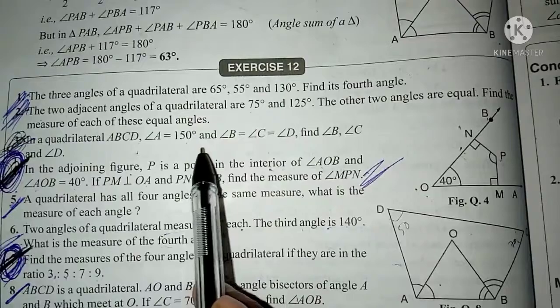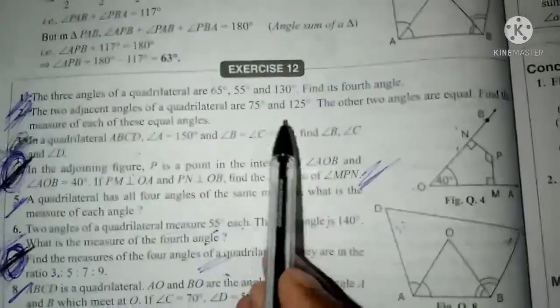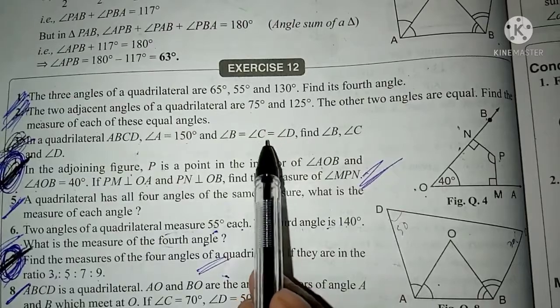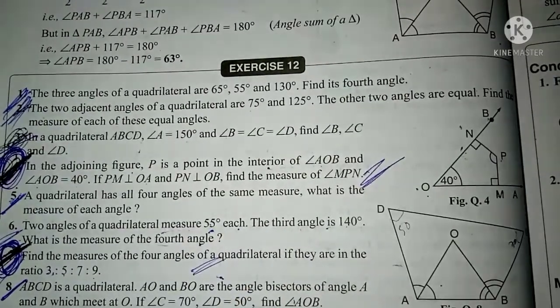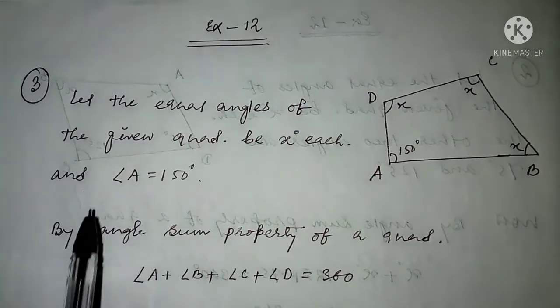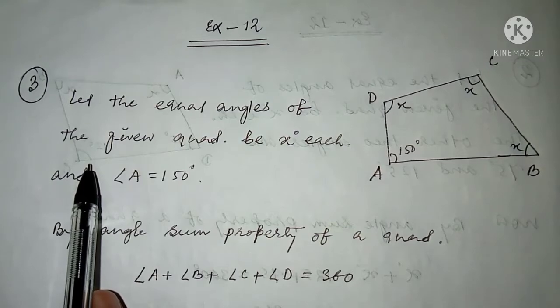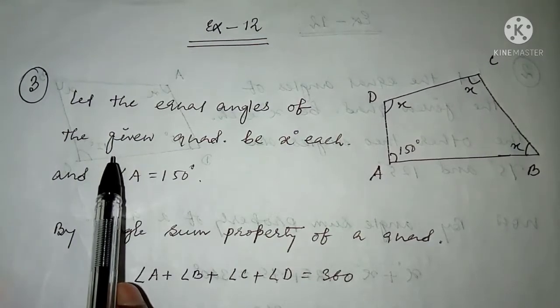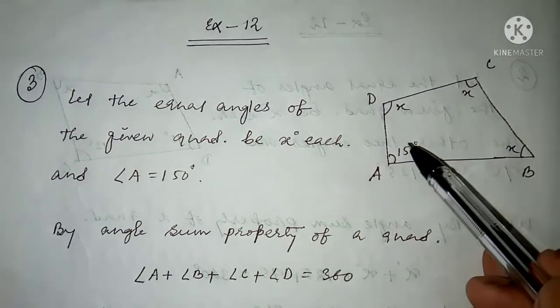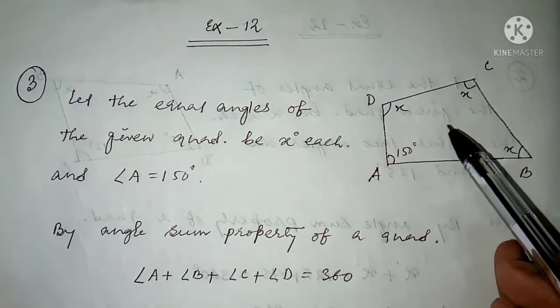First of all, you have to draw any random quadrilateral, then you name one as A, one as B, one as C, then you can apply angle sum property. Now see how to solve this one. So students, here we have the solution to the third question. I have just read out the question for you. Now you see the solution. Here also, first of all I have assumed a quadrilateral at random. It can be of any type of shape.